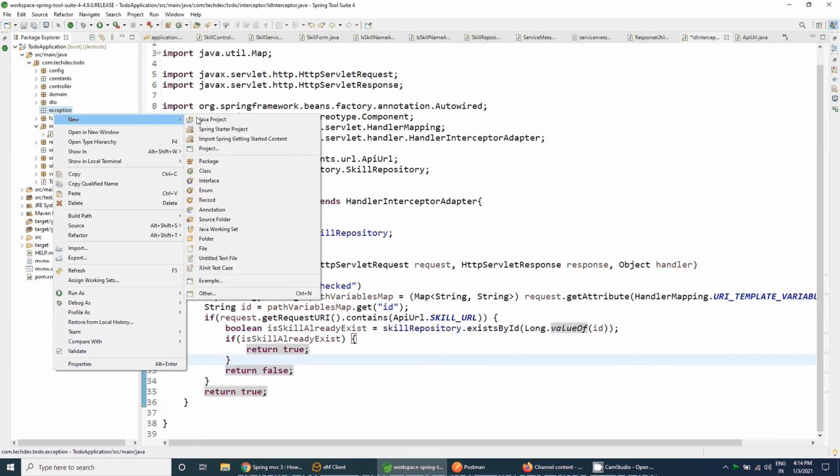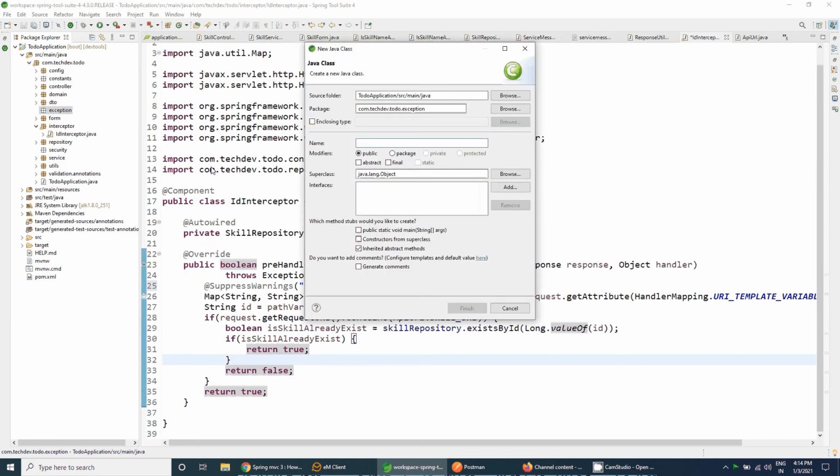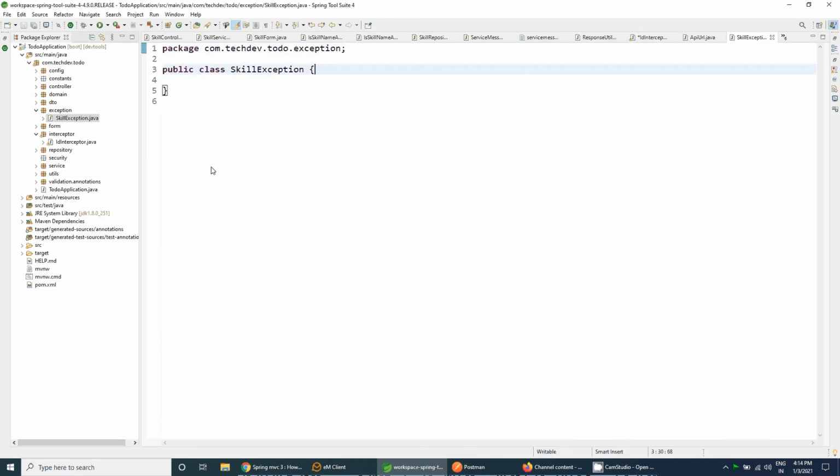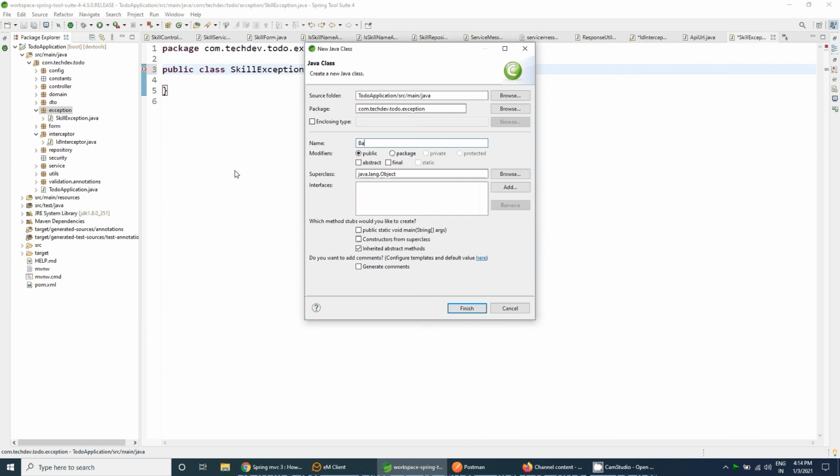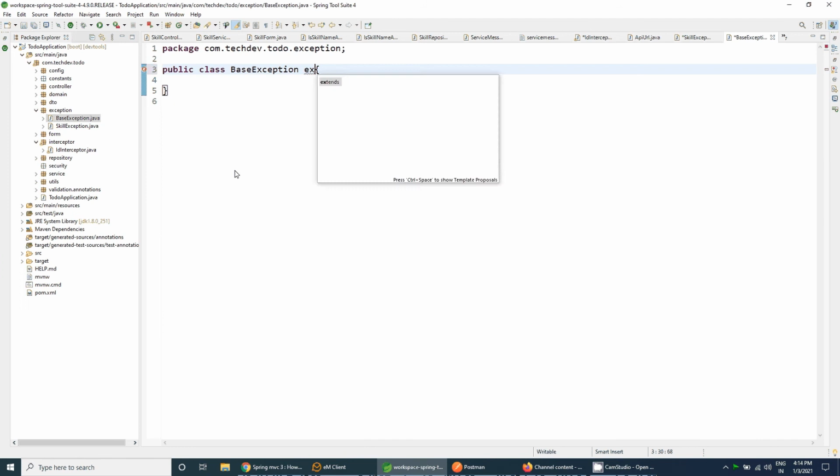Suppose we create a class here. I can say SkillException. SkillException will extend a BaseException. Let me create the base exception. I will explain why I am using this base exception concept. BaseException will extend the RuntimeException,